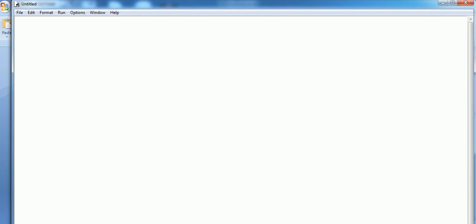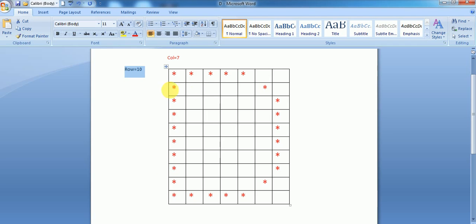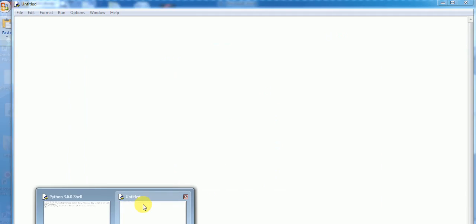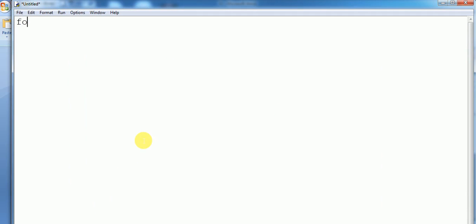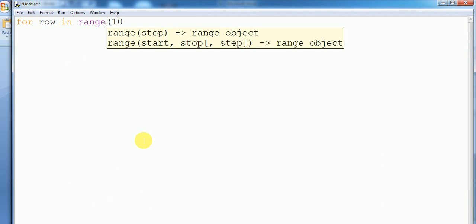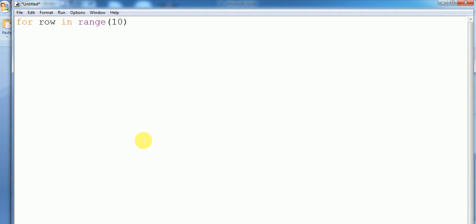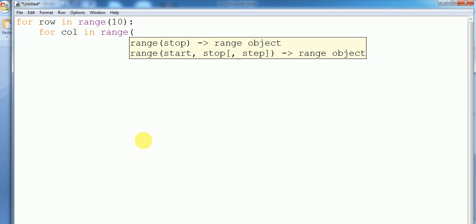So here the number of rows is 10 and columns is 7. So for this, for row in range of 10 and for column in range of 7,